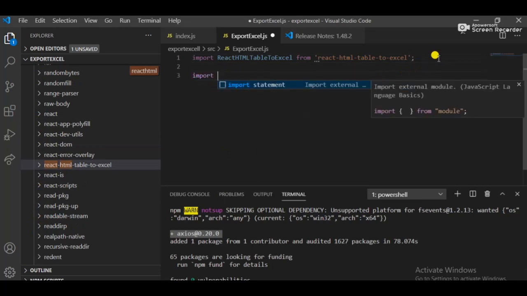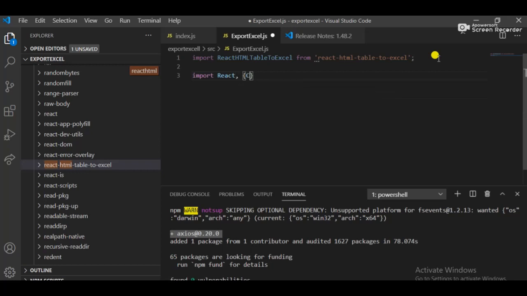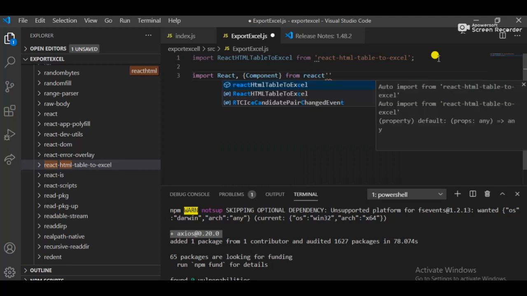Oh sorry, actually this is React. Okay, finally we imported the component library into my component, and now we just add a new import for Axios, so I can use Axios to export the Excel file. Here is the Axios.